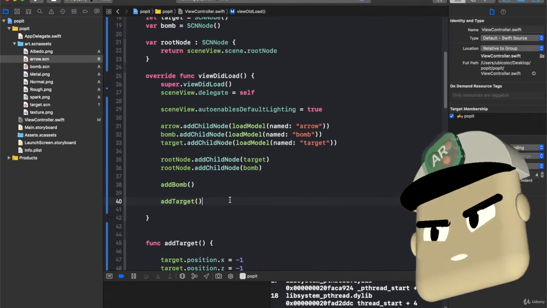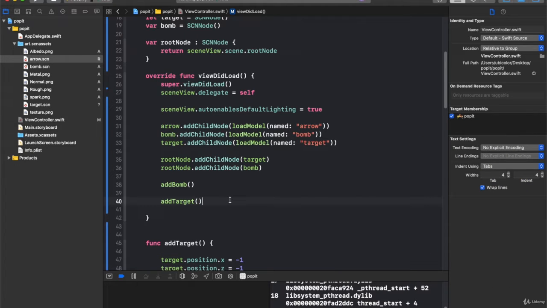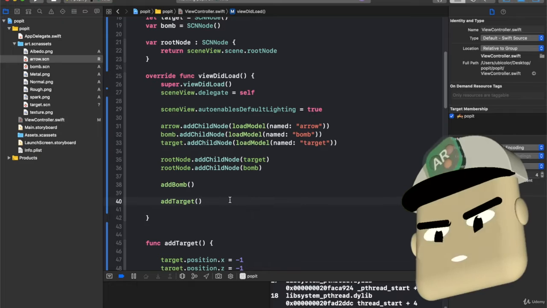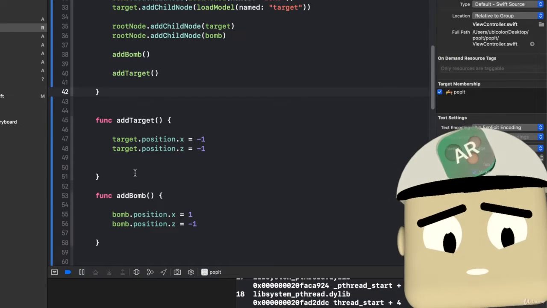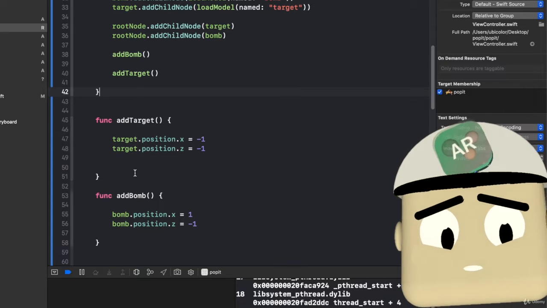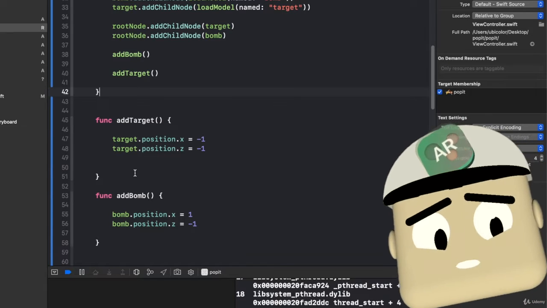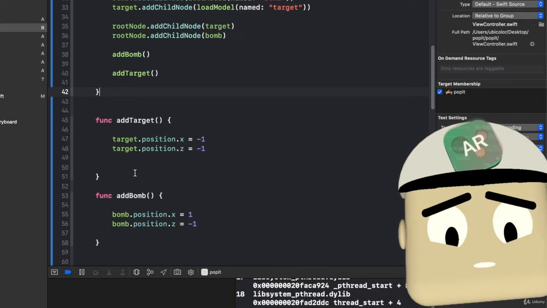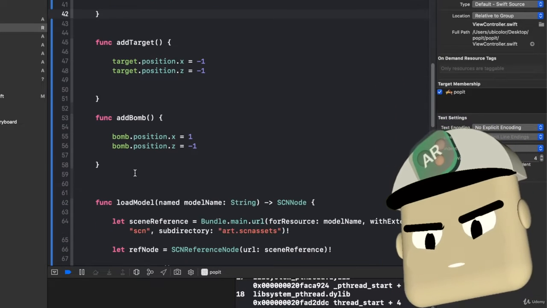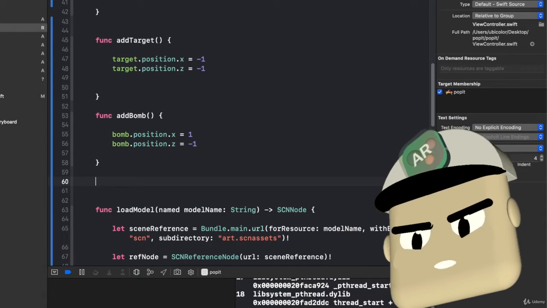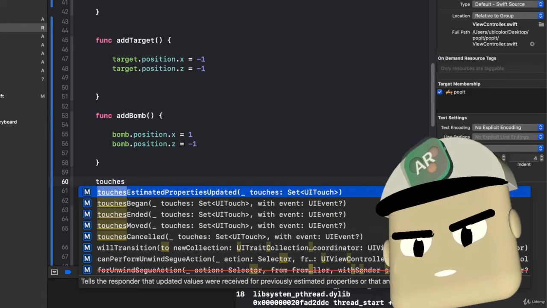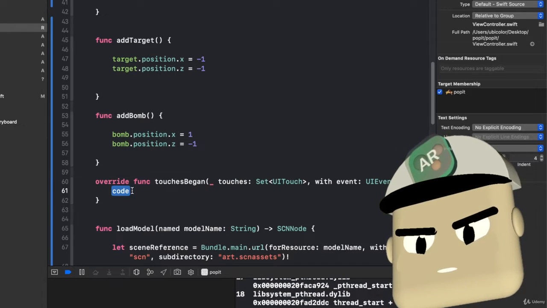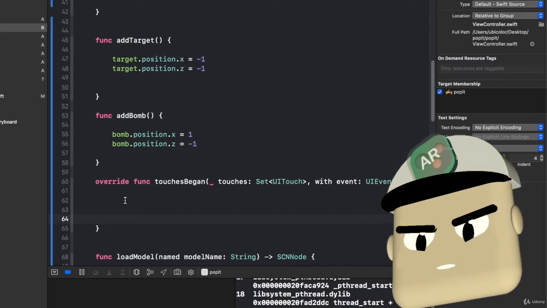So we've got our bomb, we have the target. When we touch the screen, we want to understand what the user has touched. Is it a target? Is it a bomb? Or is it actually nothing? So let's have here a touchesBegan, and in here I'm going to perform